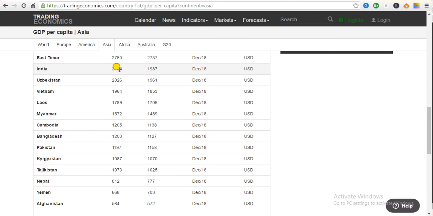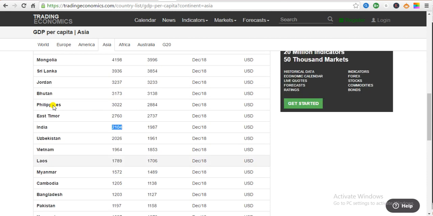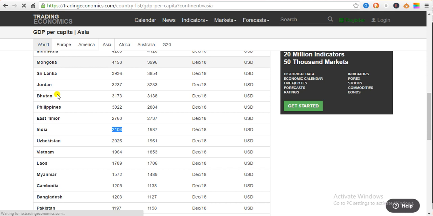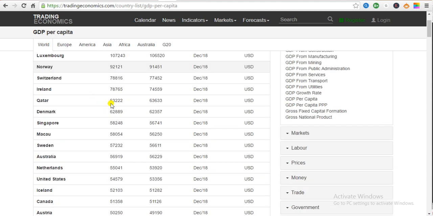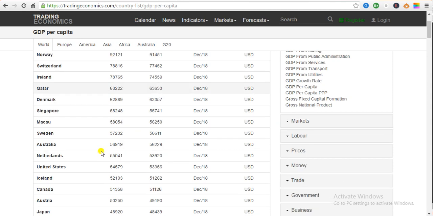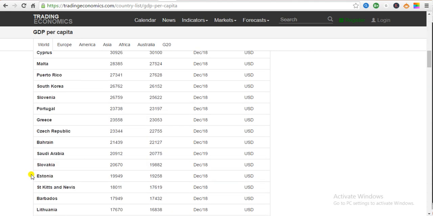All right, for some reason I couldn't see this. So it's 22,104. So in the world, how low is that? Okay, so the highest, oh, that's pretty low, because the highest is around 107,000 to 110,000 per capita. That's Luxembourg, and India is around 2,000. However, it's one of the highest GDPs, but one of the lowest GDP per capita